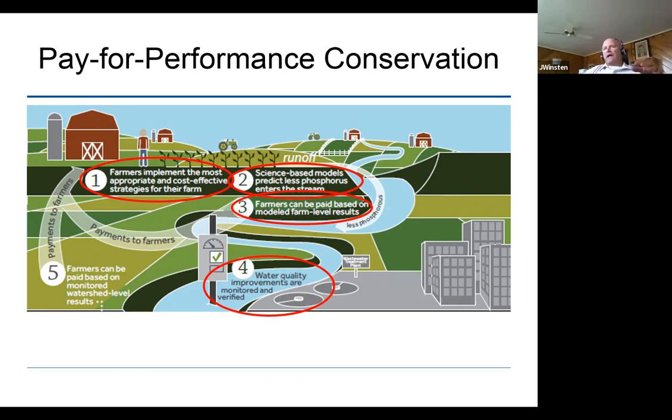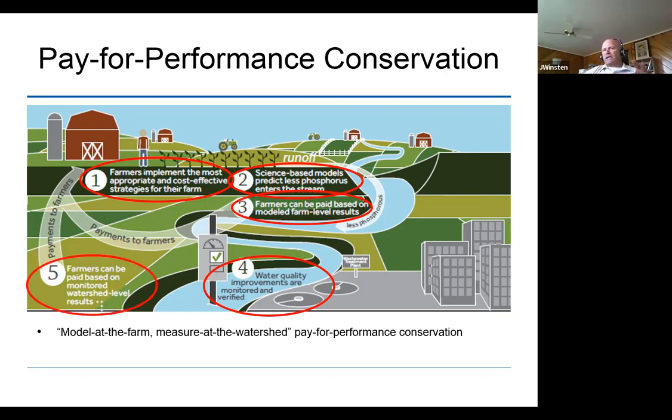I'll say also that while it is not possible to measure at the edge of every field, it is possible to measure in the stream, at the mouth of a small watershed. It's somewhat costly, but not impractical to do. And if you can do that, you could also attach an incentive to moving the needle in the stream. We're going to talk more about that also. That's something that I call model at the farm, measure at the watershed, pay for performance. And that particular concept is one that I entered into the U.S. Nutrient Challenge in 2014, and it was selected as one of